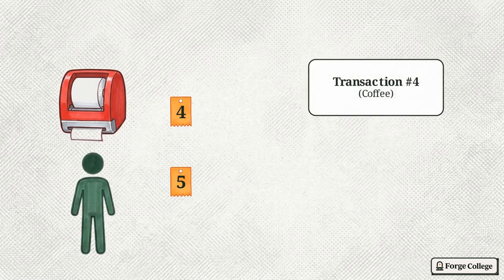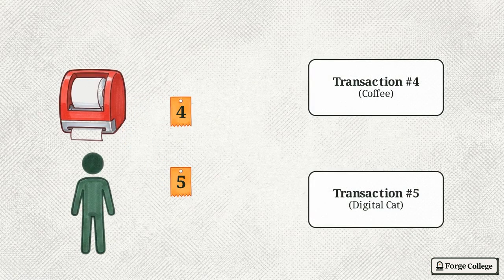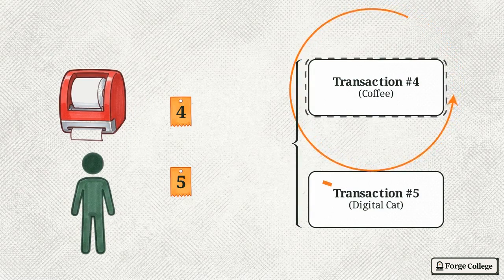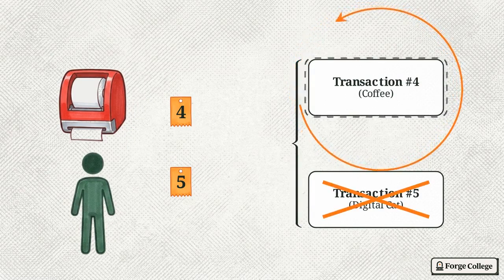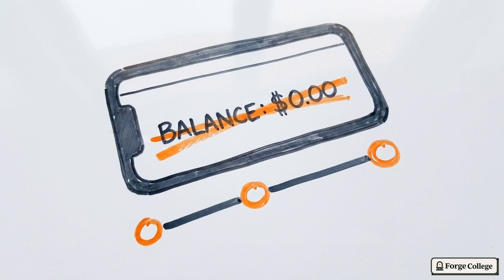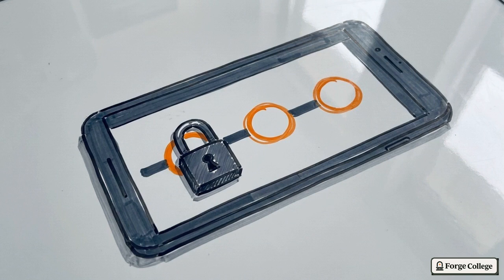Ethereum uses a nonce, a strict delay counter ticket system. You can't edit until your number is called. This forces wallets to manage a pending state. If ticket 4 for a coffee is stuck, ticket 5 for a digital cat must wait its turn. A good wallet manages these expectations. It doesn't just show your current balance. It tracks that chronological waiting line so you don't accidentally try to spend money that is already reserved for a